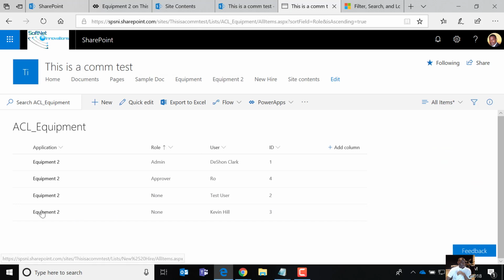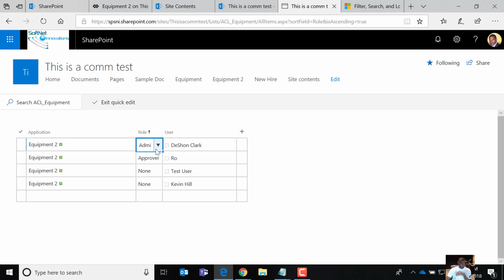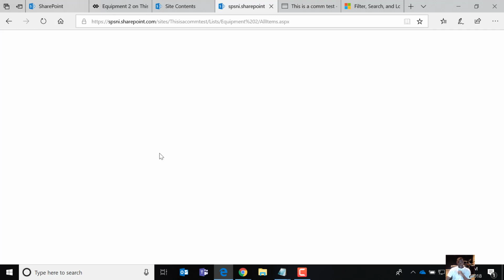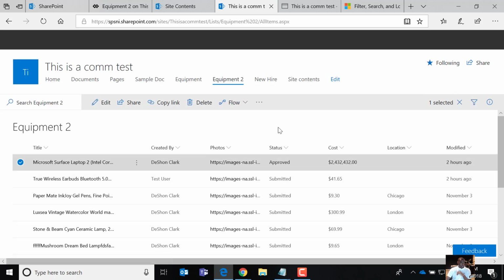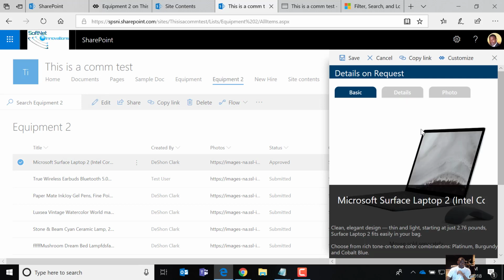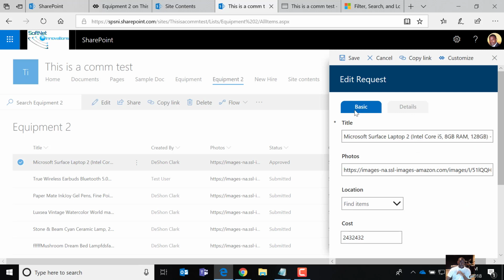So now if I come into my ACL list and again do a quick edit, remove me as an admin, downgrade me to an approver, and then come back to this guy, hit refresh, the expectation is that detail button is now disabled and I can't change it, right? So I go here, hit edit, be patient, let this thing load,